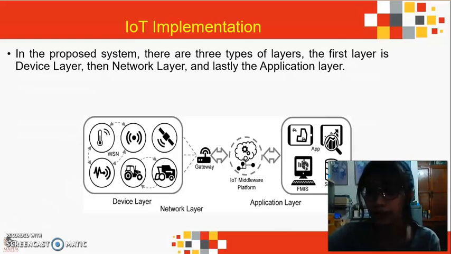The data collected by the device layer will then be passed to the second layer, the network layer. The network layer is the cloud and interface, the connection between devices and user. Data will then be passed to the third and last layer, the application layer. In short, data is being transmitted from sensors to cloud to interfaces to